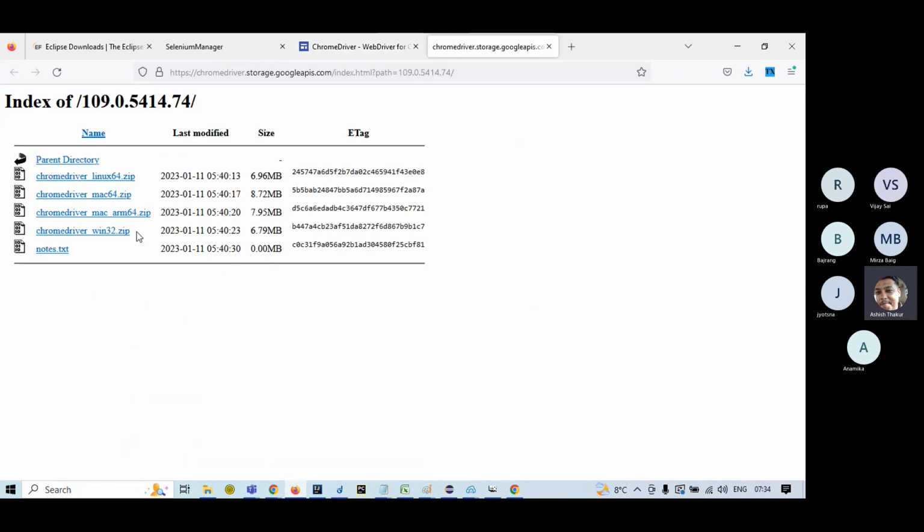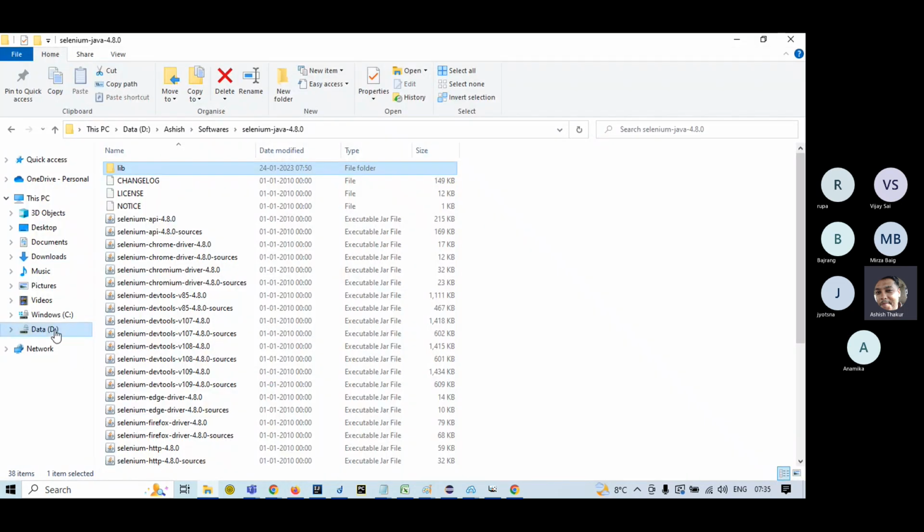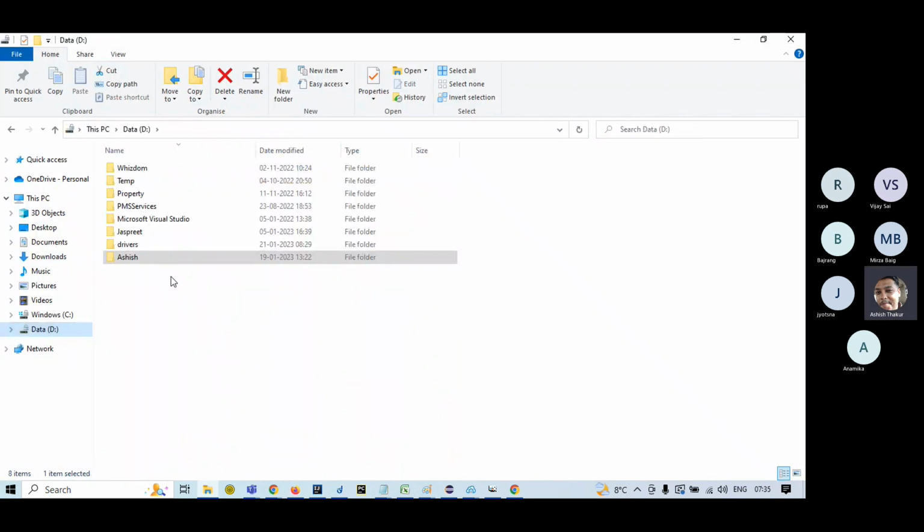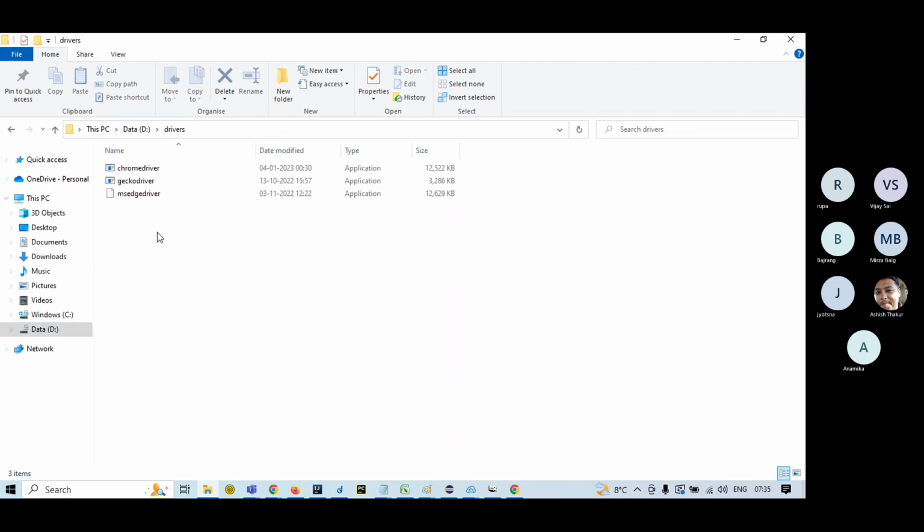You can download for Chrome driver Windows 32-bit. It will work for 64-bit as well. And I have kept it in my PC at this location, Chrome driver. And you need to give the command